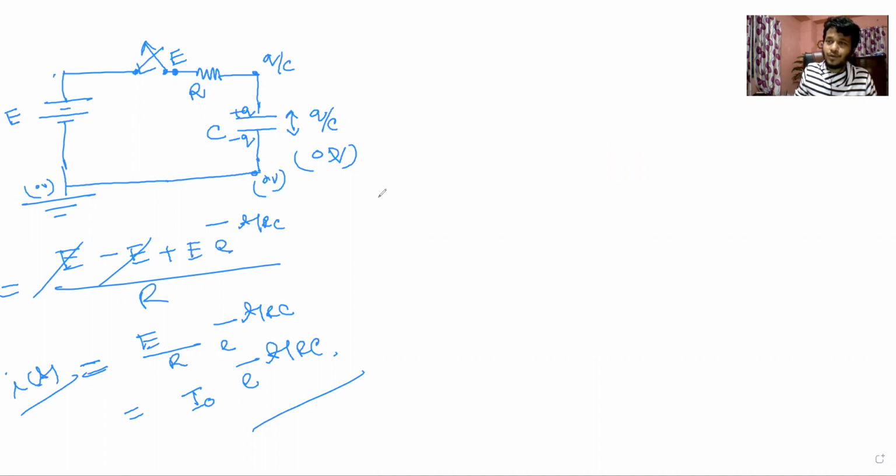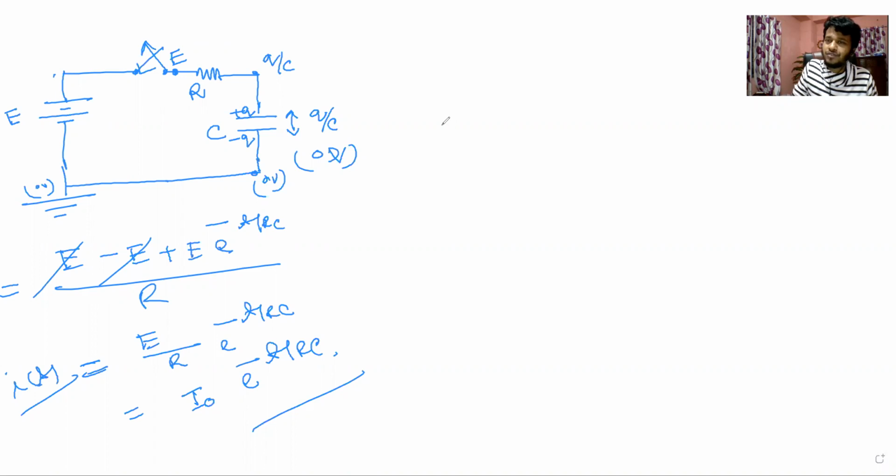No, sir. Look, at time t, we now know how to calculate the potential across this capacitor. We have the equation. At time t, we know how to calculate the amount of charge stored on this capacitor at time t. We have the equation. Okay. At time t, we now have the equation for calculating the current through this circuit. The only thing we are left with is calculating the potential across this resistor R at time t.